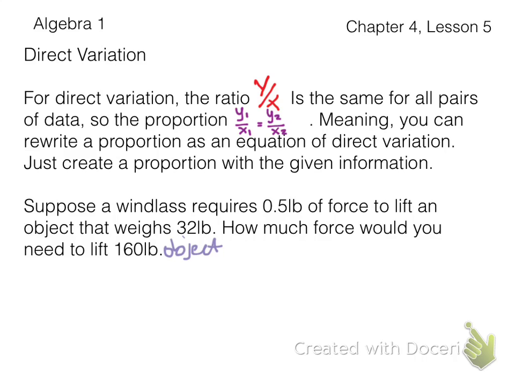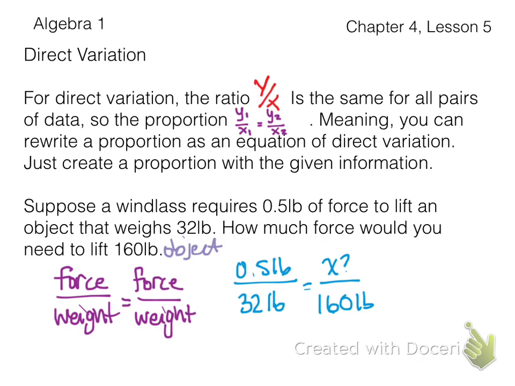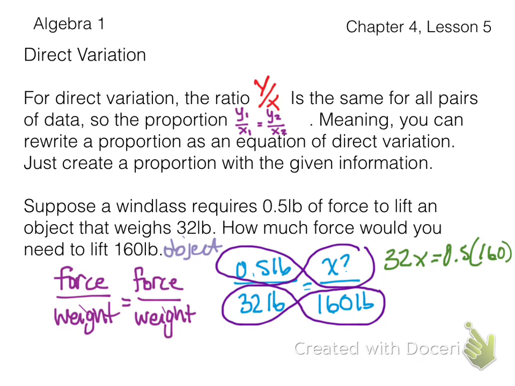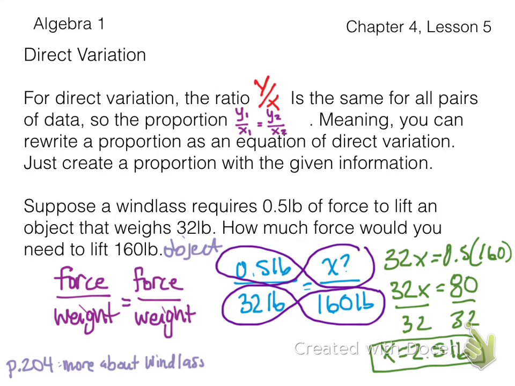Okay, so let's go ahead and make a proportion. Pounds of force over weight in pounds is equal to pounds of force over weight in pounds. So we have 0.5 pounds of force lifting a 32-pound object. How many pounds of force would be needed to lift a 160-pound object? So I'm going to do cross product, and I'm going to get that formula, and I'm going to solve for x, and x equals 2.5 pounds of force. And if you need more information about a windlass, there's a little more on page 204,